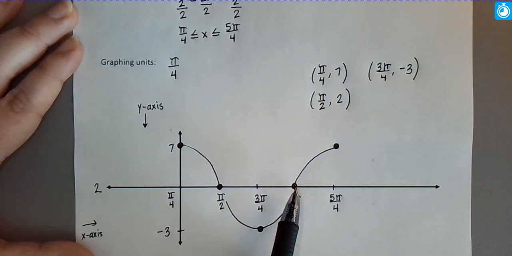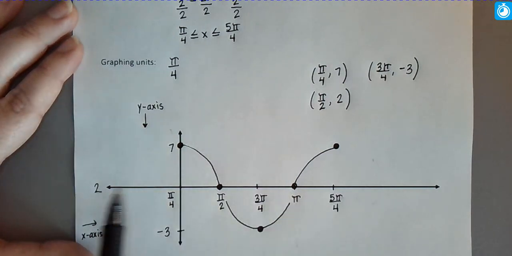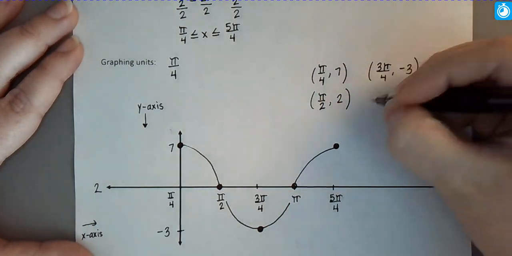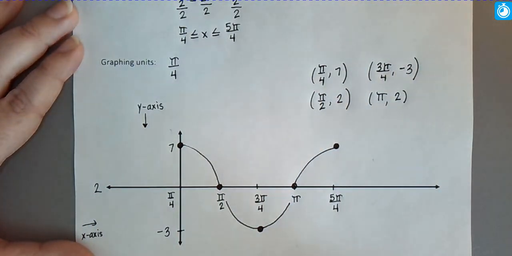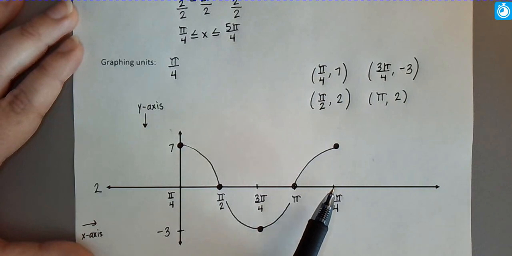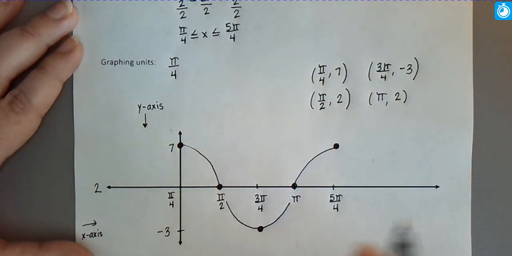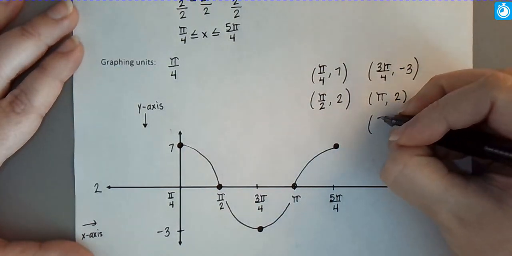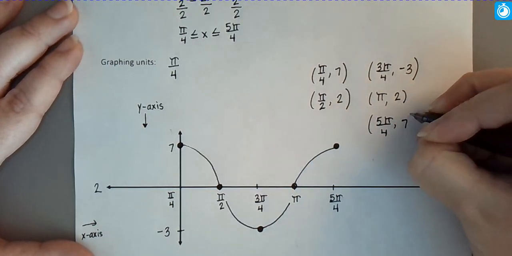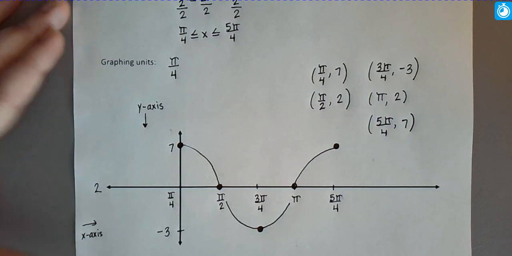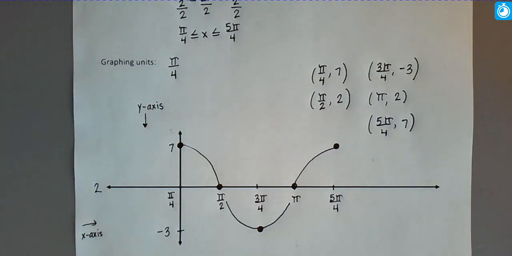Okay, next point, pi, and we're back at 2. So pi, comma, 2. And then our final point is at 5 pi over 4, and we're back up to the relative maximum at 7. So 5 pi over 4 and 7. So those 5 points will be the points that we'll plot when we want to put this in